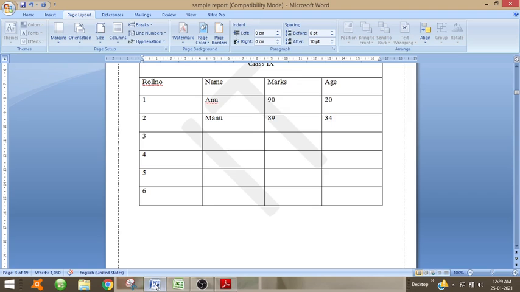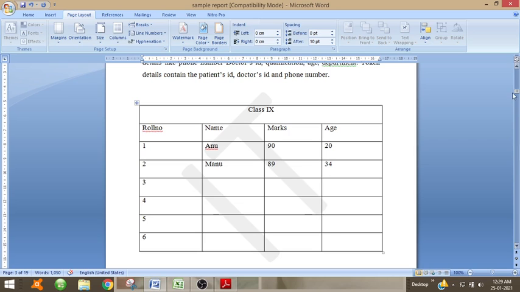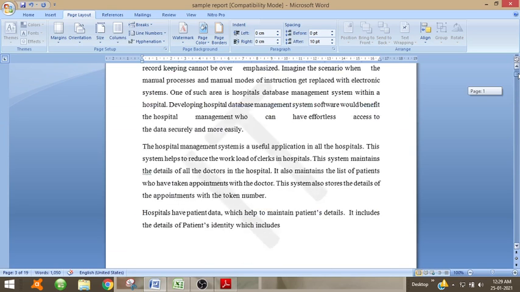So when we select the Word document and click on that, it will show how the Word document will appear.